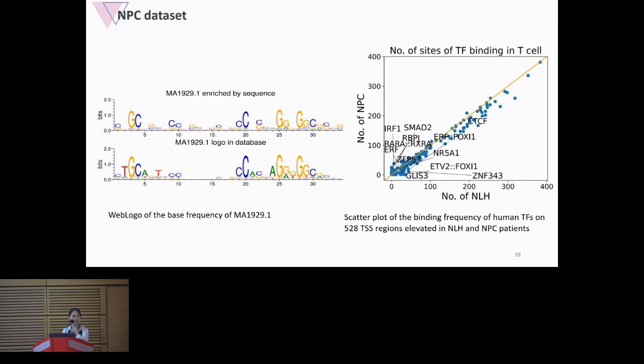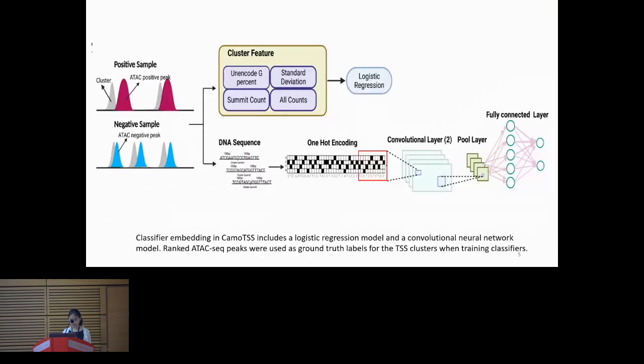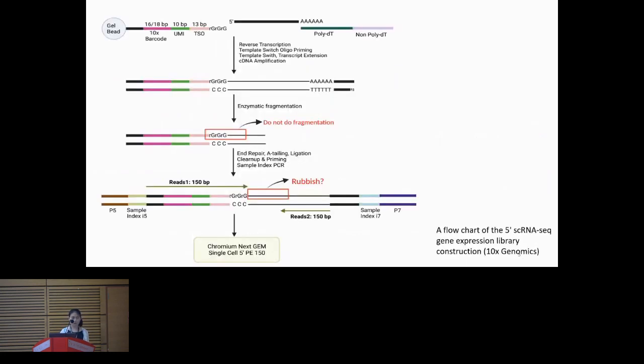That's okay. So I had another question which has to do with, you said you have this embedded classifier. The classifier looked to perform extremely well. But it seems like what you're getting is very clean, or am I missing something? And when you showed the features, it was mostly very few features that actually enabled you to do this. For features, right. The unencoded G percentage is very important because here you can see this is